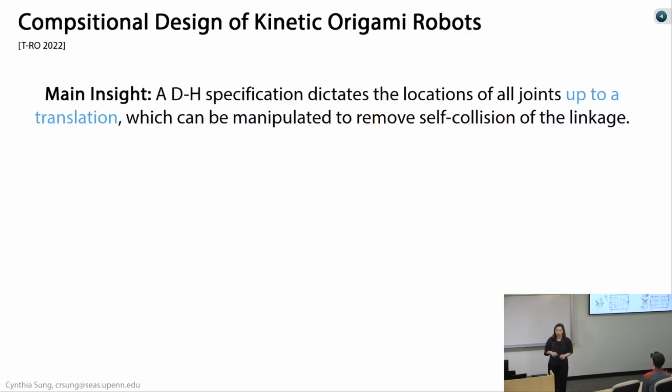And what we were able to show was that we could automatically construct these fold patterns. The main insight here was that the DH specification only locates your degrees of freedom, not necessarily your joints, right? So if I have my arm here, I have an elbow with an axis of rotation right here that allows my arm to rotate. It doesn't actually matter whether my elbow is here or whether it's over here, as long as the axis of rotation is down this line, right? And so I can take advantage of this extra degree of freedom in order to do design for this arm,